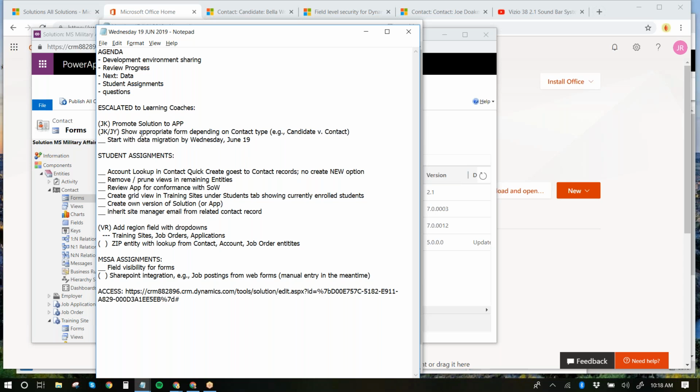All right, what piece is that? To have the forms reflect that if it's a contact type candidate, it only shows those contacts on the candidate form, and if it's a contact type employer, it only shows those contacts on that form.